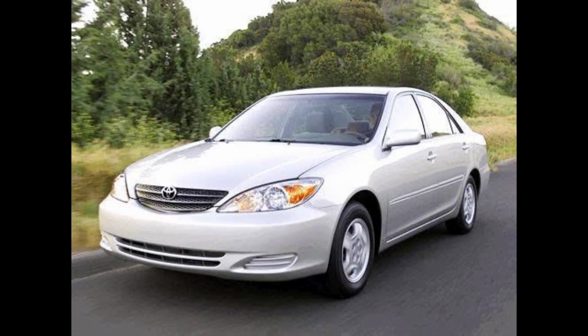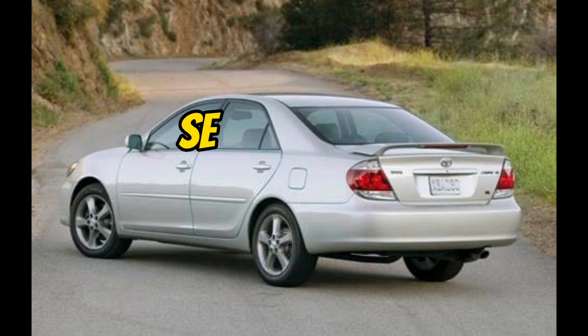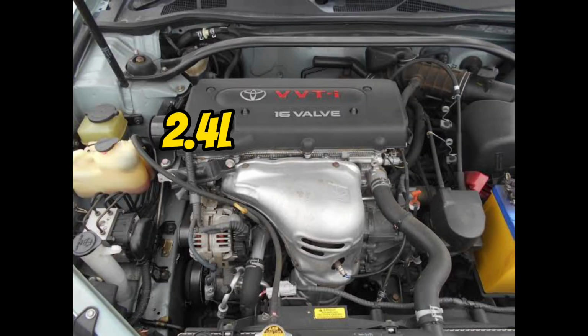The Big Daddy has very bad handling and stability at high speeds because the car suffers from a lot of aerodynamic flaws from the big body design. The Big Daddy Camry was the first Camry to have a dedicated sports edition with spoilers and body kits that came with a 3.3 litre V6 engine, while other trims had two engine options, a 2.4 litre 4-cylinder and a 3.0